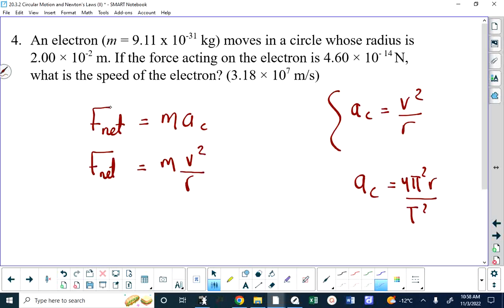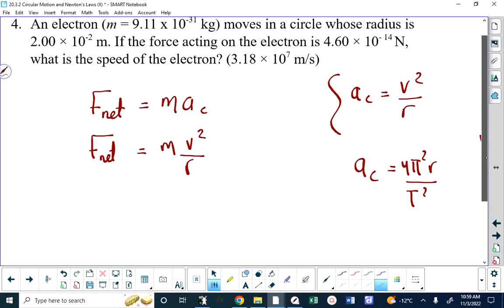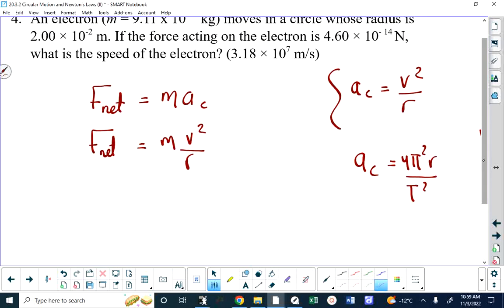So F net in this case, because it's circular motion, is mv squared over r. I will tell you right now, anytime it's circular motion, the net force is mv squared over r, or m times 4 pi squared r over t squared. So now what we can do is put in the numbers. We have the force, which is 4.6 times 10 to the negative 14, equals the mass, which you're told is 9.11 times 10 to the negative 31 kilograms. And again, I'm leaving out the units